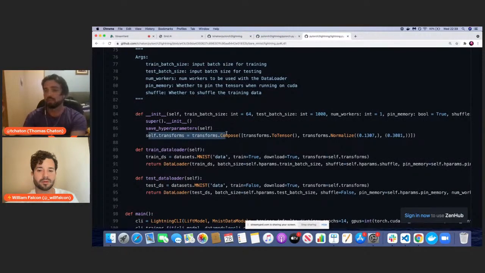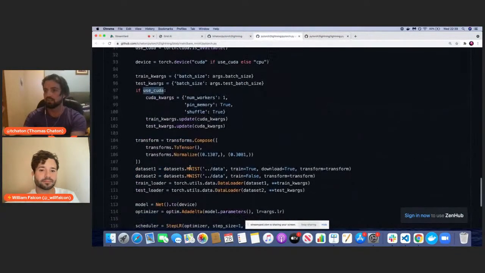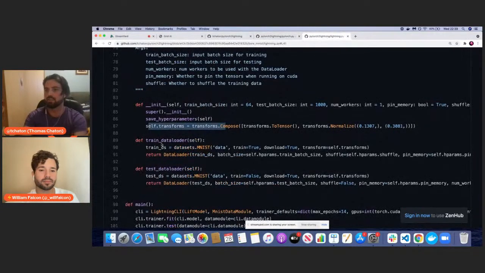I have the creation of my transforms. And then we can see that the data loaders have been organized behind, sorry for that,